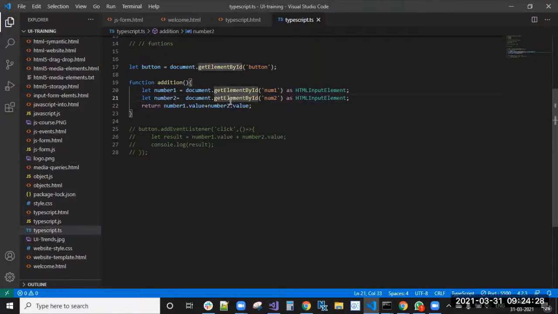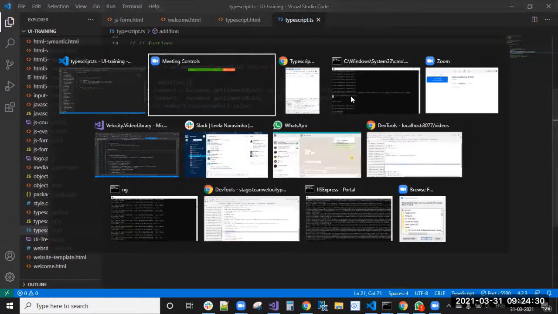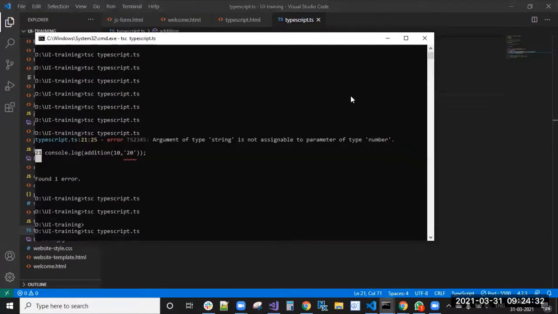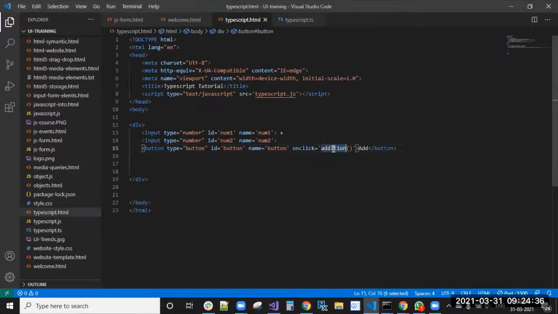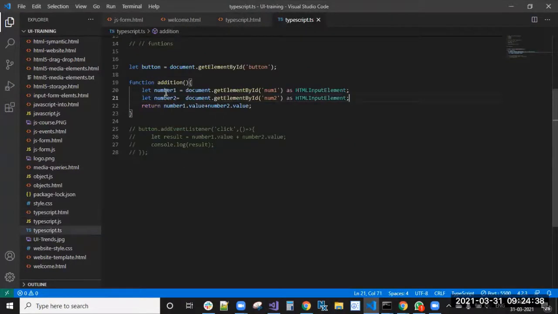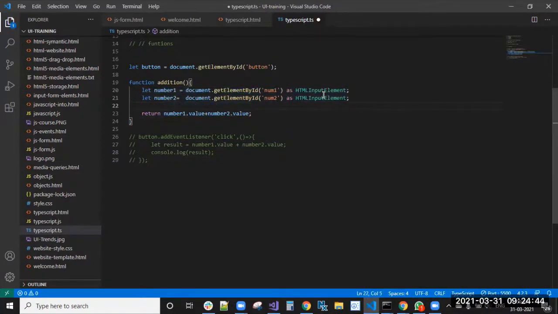Okay. Done guys. Now we will run the TypeScript. So now we are handling only the addition function with the on click event. I'm calling this. This addition method will be called with num1 and num2, and it will return. We will keep your console.log statement also.